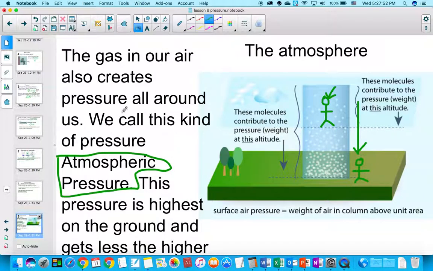You need to know that atmospheric pressure is the pressure we feel on ground level. And that pressure decreases the higher you go, right? So an example would be Calgary is a very high city. The elevation of Calgary is higher up than, for example, Toronto. So the air pressure we feel is less than that of Toronto,